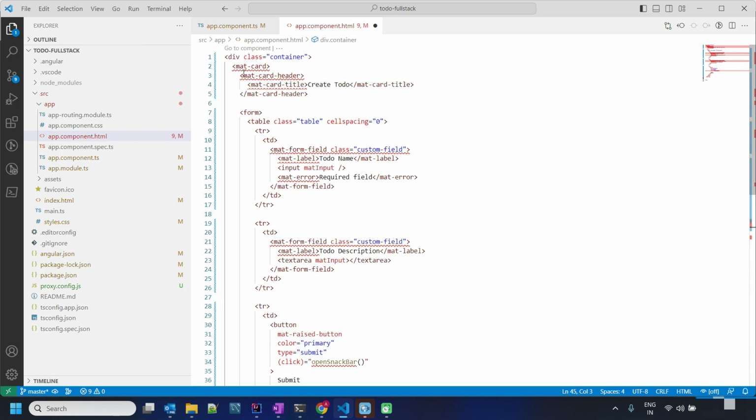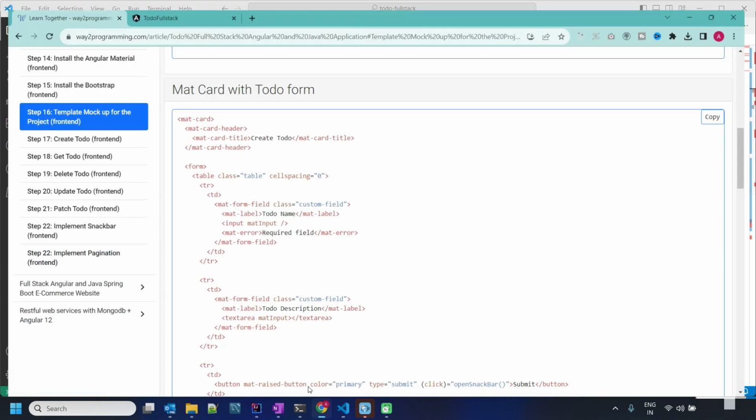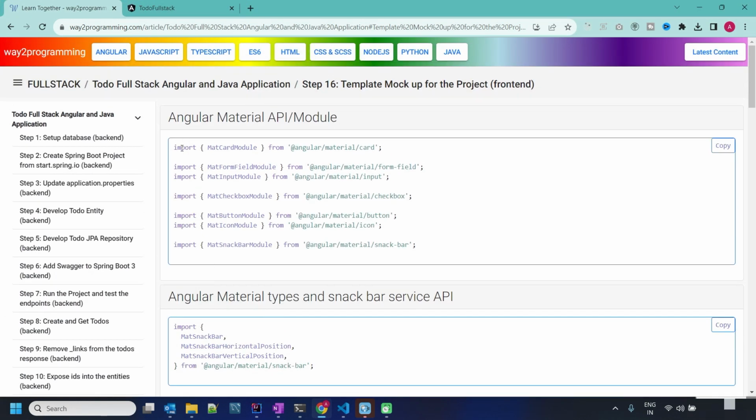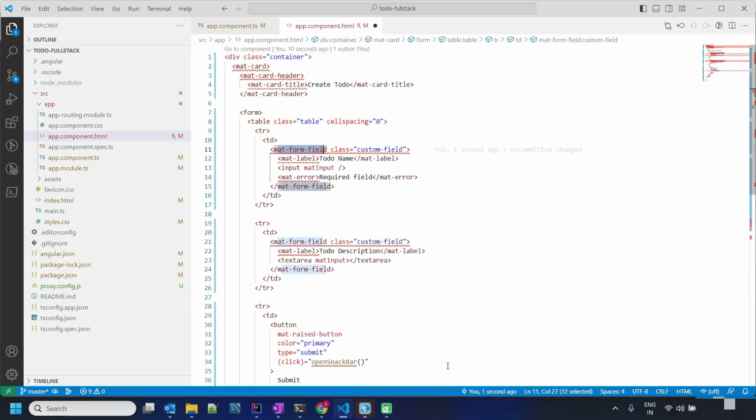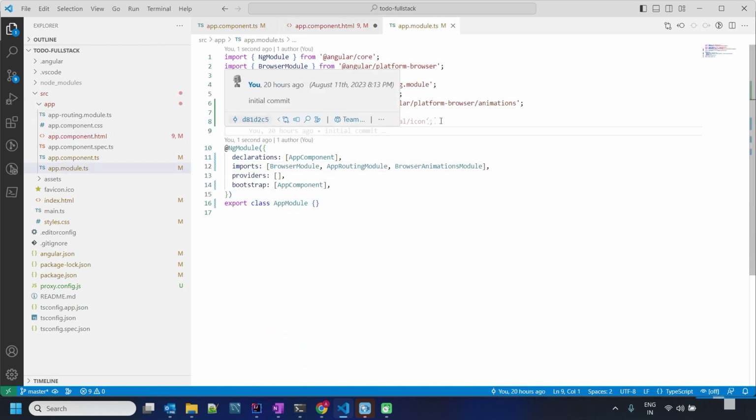Here we can see some errors related to mat card and mat form field. So we are now going to take them one by one. First, mat card, mat form field, and mat input module. So these three we need. Go to our app module, paste,